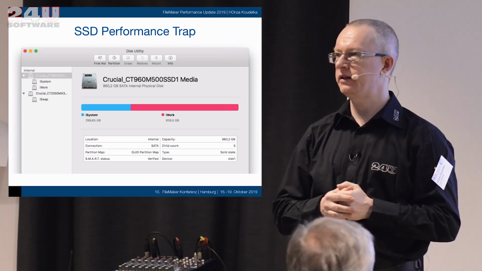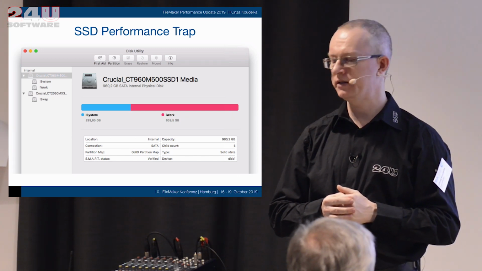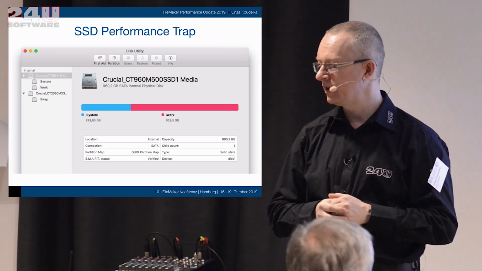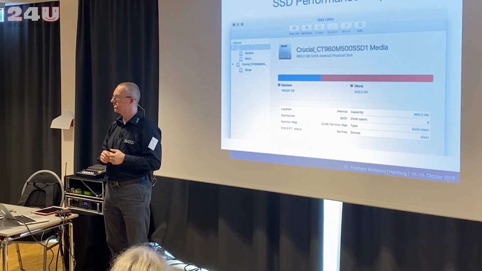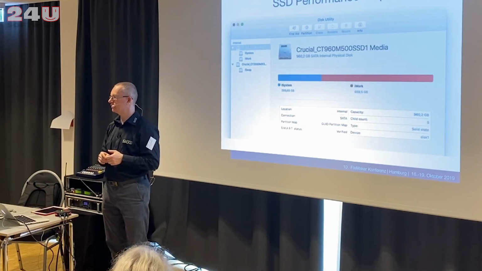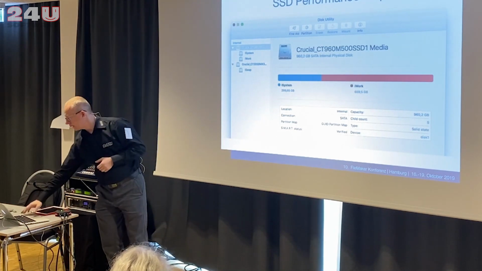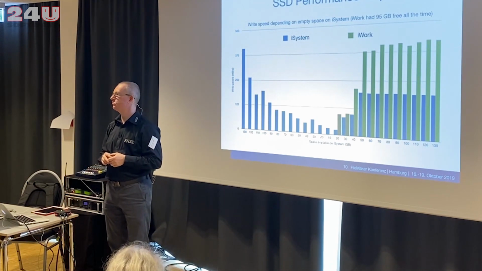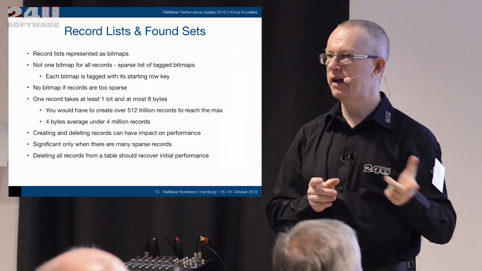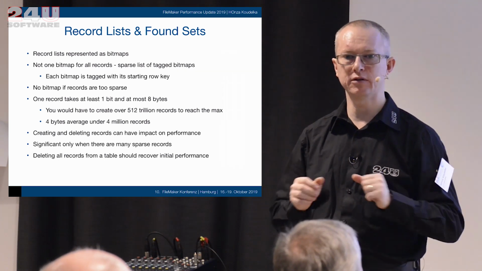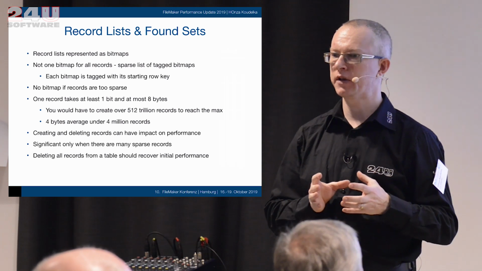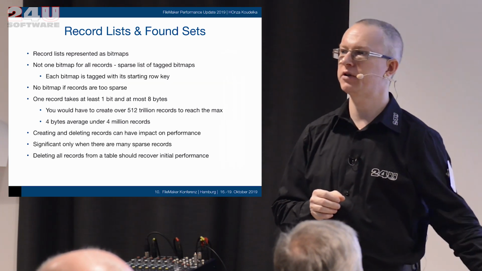Another thing that I faced this year was the speed of SSDs. If a solid-state drive has less than 25% available space, it becomes very slow, and the speed goes down further to less than 10%. Last year, for those who were in Liechtenstein, I talked about how FileMaker uses bitmaps to transfer